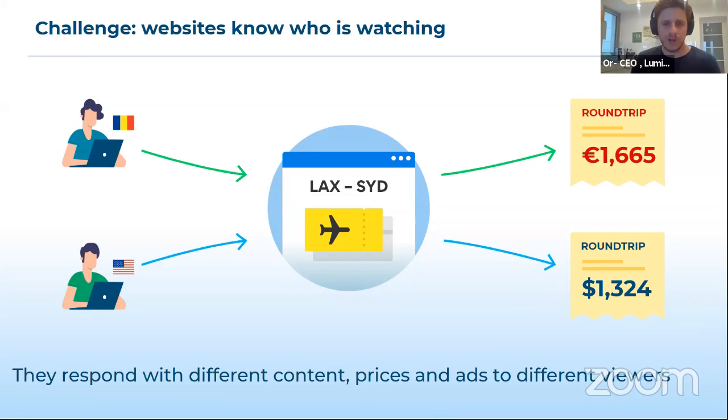Now, there are a few problems that you encounter when trying to collect data at high scale. The first one is that you're located wherever you are physically located. Different websites will show different content to different users. As a business, or as someone who is serving businesses, you want to see the online world and be able to collect the online data as if you are a real consumer. Real consumers are all around the world, and you need to be able to mimic their behavior,